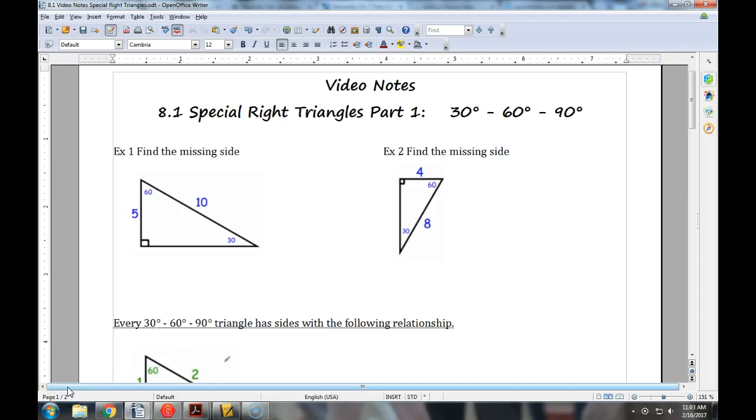All right, chapter 8, getting ready to start into my favorite chapter, trigonometry. But before we jump right into the trig, we need to take care of some special right triangles. So there's two triangles today. We're going to learn about the 30, 60, 90. Tomorrow we're going to learn about the 45, 45, 90. They both have their little special properties and relationships that we can use to save ourselves a little bit of